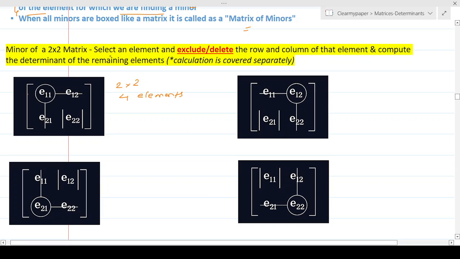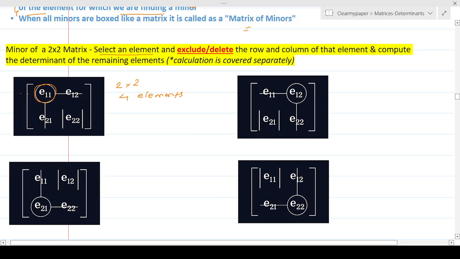We know that minor exists for all the elements. So let's say you select an element. For example, I'm going to select this element which is circled, the element on row 1 and column 1. I'm going slow so that you can understand. What I'm going to do is exclude or delete in my mental head, not actual delete from the mathematical computation, but in my mental head, the very row and the column this element is present in.